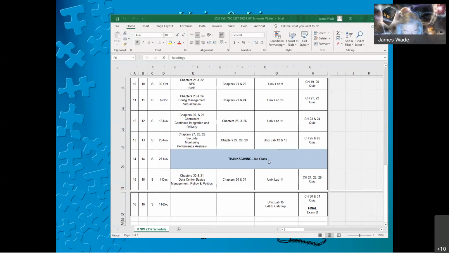Where should you be at in class? Well, today's 20th of November. You should be done with up to the chapter 26 quiz. Once again, if you're not up to the chapter 26 quiz, you're behind in class. You should also be done with basically Unix 11. Unix 11 was that Fedora Core and MySQL, and that CATS database, that we went over last Saturday. So you should be done with labs 1 through 11,